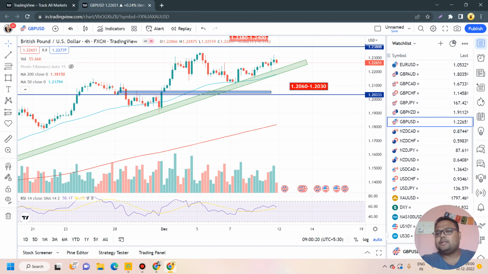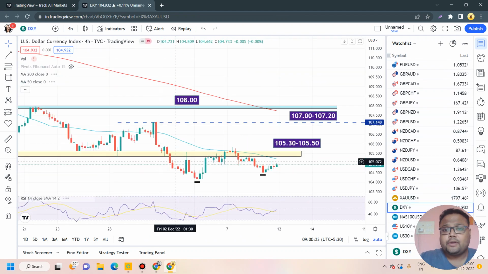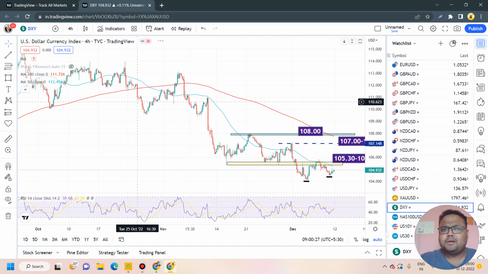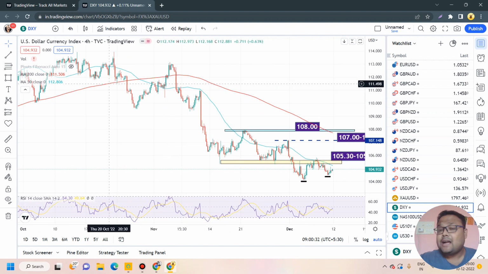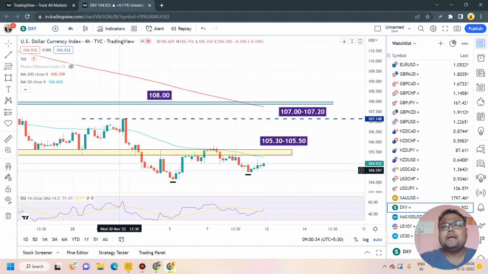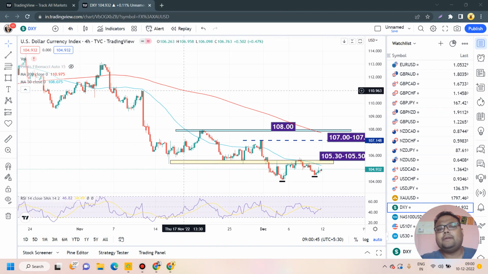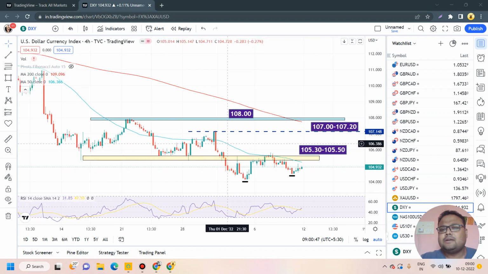And if you look at the chart of DXY, we can see that after the news there was a little bit of recovery. But the most important thing about the chart of DXY is, though the market is in downtrend right now, this time market did not break the previous low. Market formed a higher low here. Previously, market was constantly forming lower highs, lower lows, and it was in complete downtrend under the full dominance of sellers. But right now, somewhere down the line, market is showing that it still has the intention of going